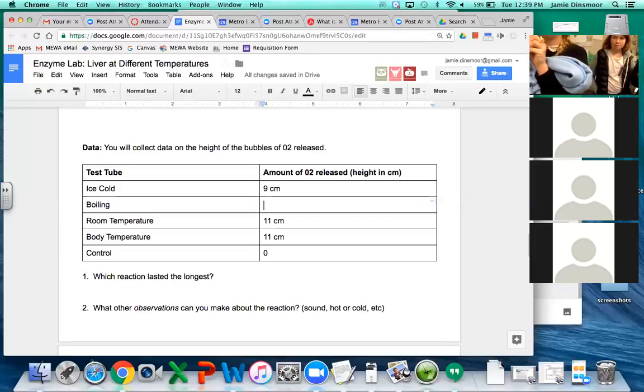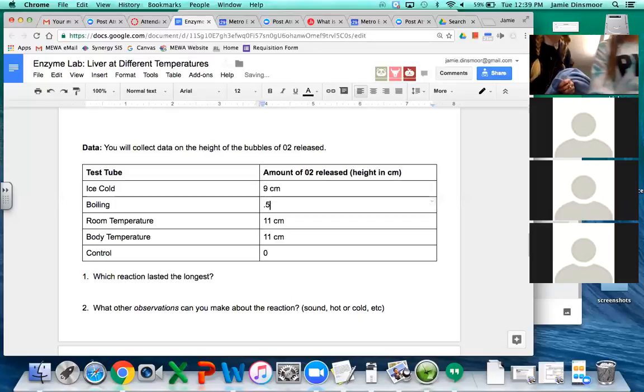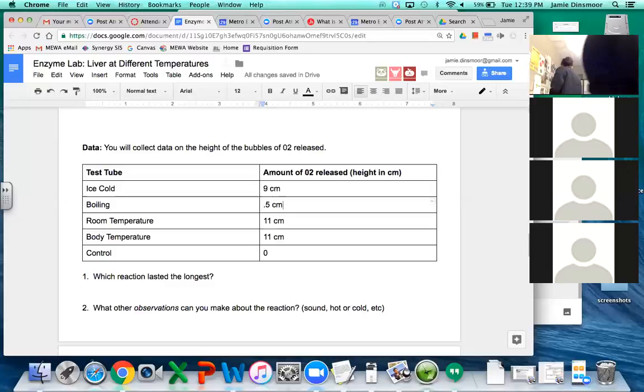What happened? Nothing. It's barely bubbling. All right, I can touch it now. Barely any bubbles, a little more than the water, right? We'll call that 0.5 centimeters because it is a tiny bit there. But barely any, right? And a lot of you may be thinking,